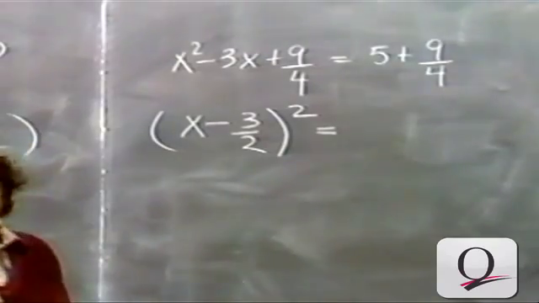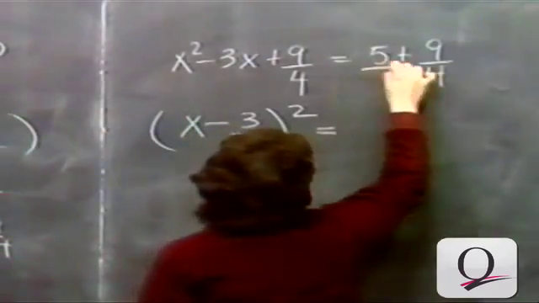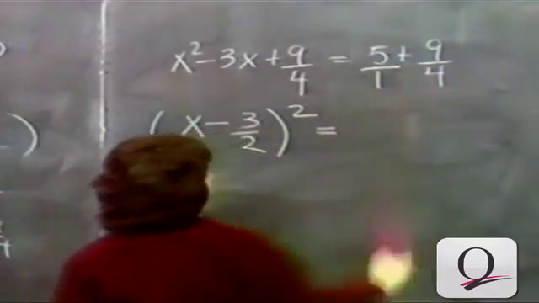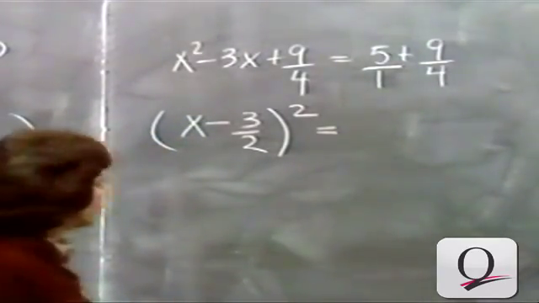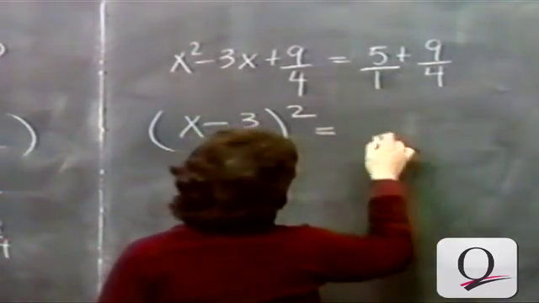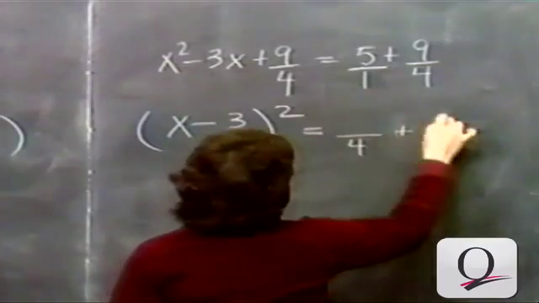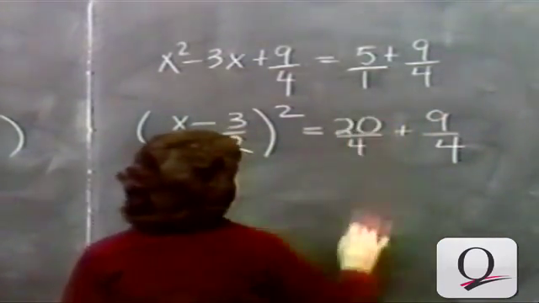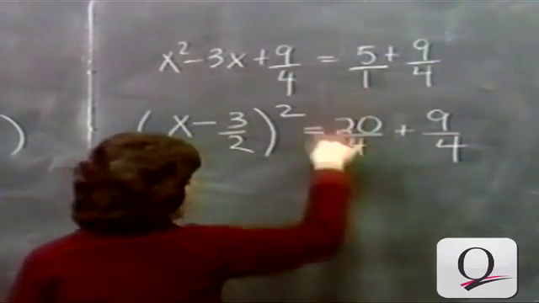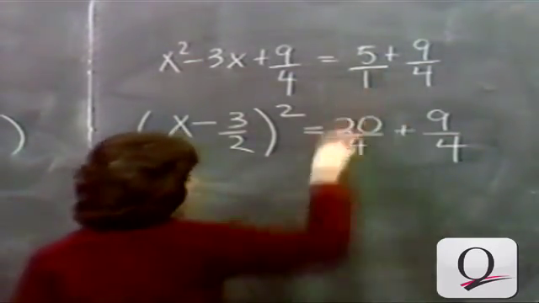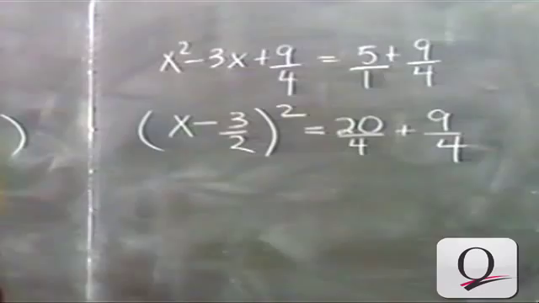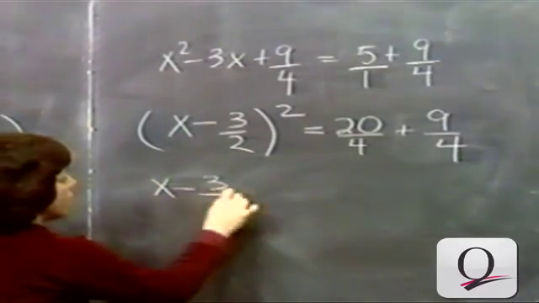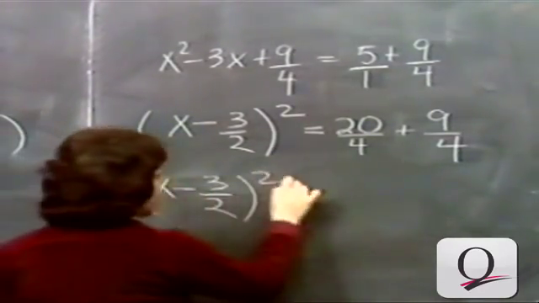To add two fractions, they should have the same denominator. And we know that here we have the denominator 1, here we have the denominator 4. We combine over fourths, which is the lowest common denominator. 5 is equal to 20 fourths. We multiply the denominator by 4 to get the 4. We have to therefore multiply the numerator by 4 as well. We have x minus 3 halves squared equals